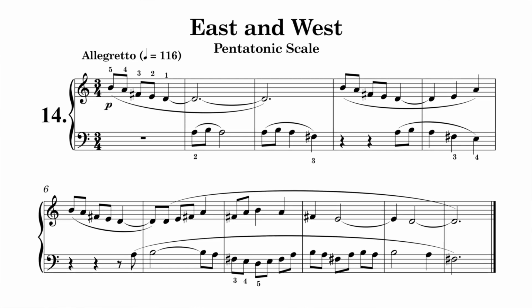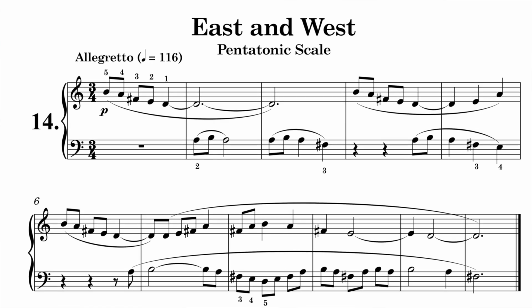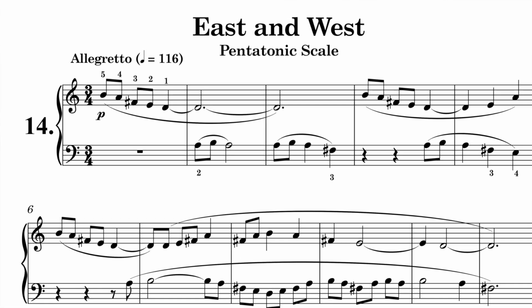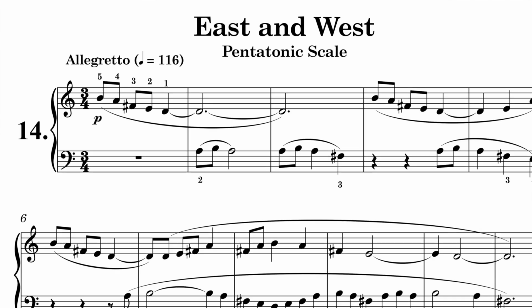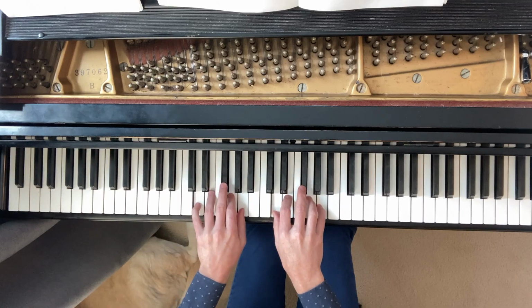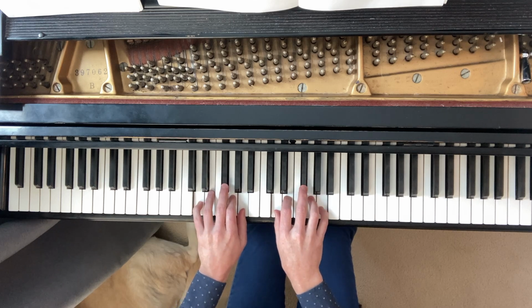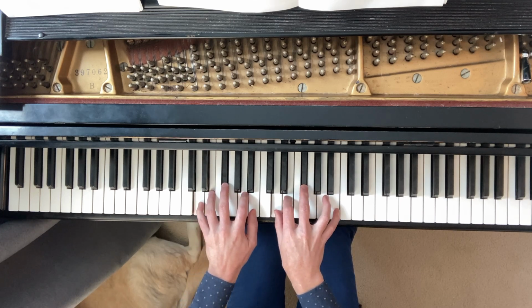First one is number 14, East and West, pentatonic scale, as the name suggests. It's going to have 5, and the way the child can learn this is we're going to take the key of this piece, which is D pentatonic, and instead of being the 5-finger position in D major like that, the top 2 fingers are going to move up 1, and this will give us the pentatonic scale, which is characterized